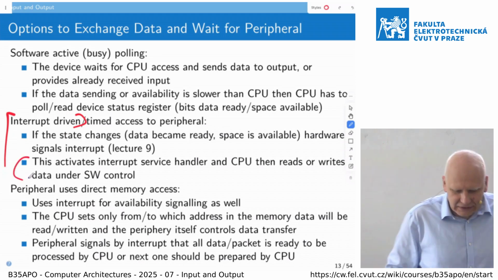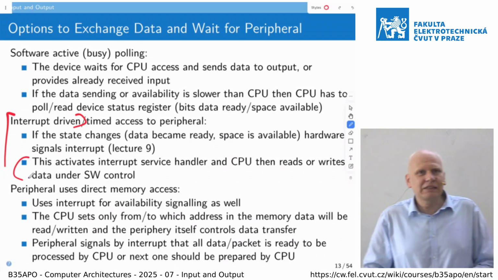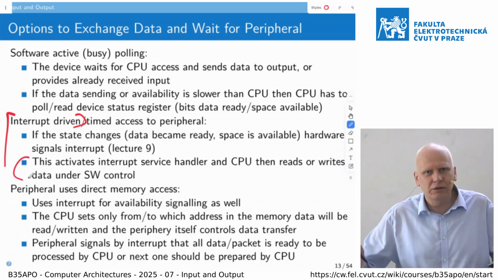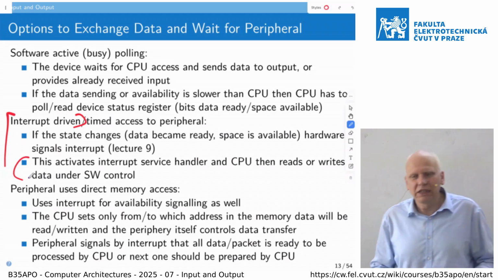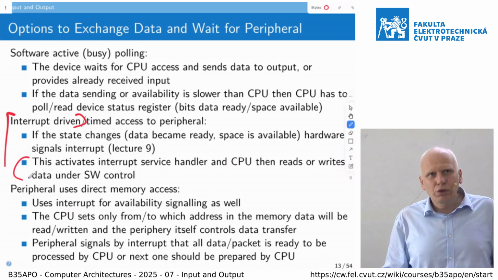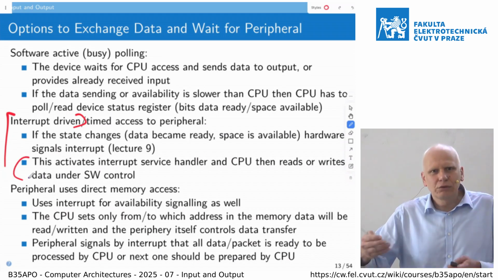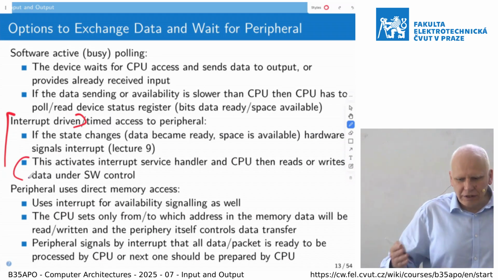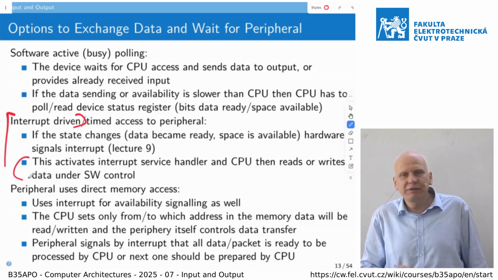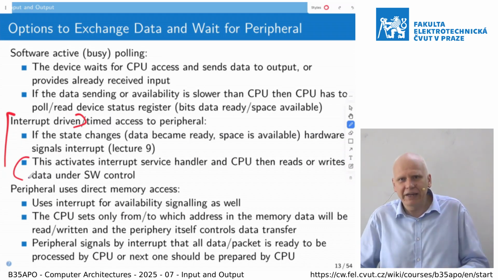we have this possibility to work with an interrupt-driven solution, but at the moment when you have, for example, a sustained data rate of packets coming from the network, then in such a case you usually do not want to spend time on each packet, each byte, to move it from the card to the memory. And even, for example, with the disk, if you want to read a whole packet or